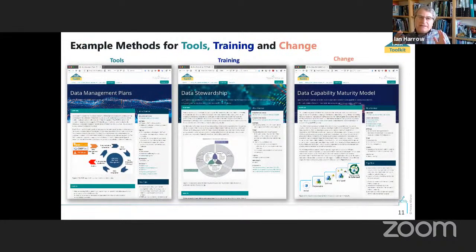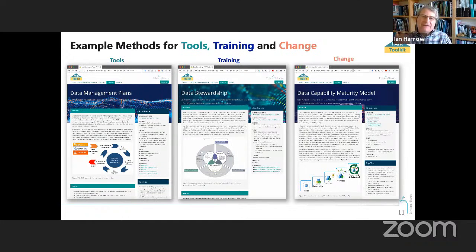Moving along to some example methods for tools, training, and change, those 3 different aspects of method that can be found in our toolkit. I've just given an example of each of those here. You'll see that there is a consistent structure to how we've built each of the web pages. So on the left, we have an example of data management plans, a very useful methodology. When you're planning to do your science, having a data management plan definitely helps you to ensure your data is more likely to be